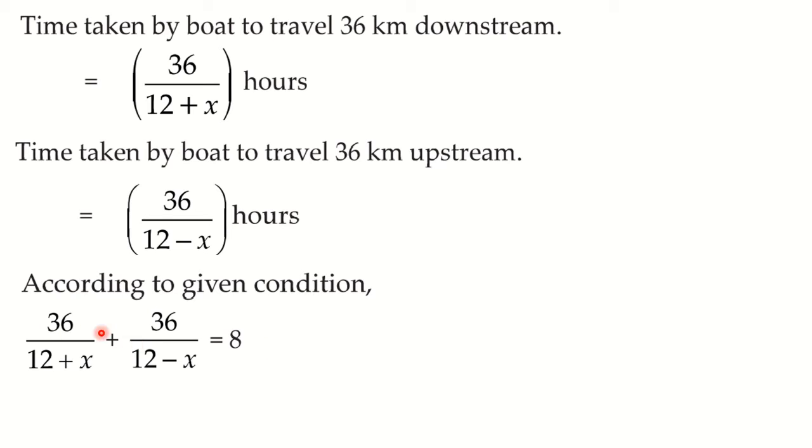Now here what you can observe is that these 36, 36 and 8 we can divide by 4. Okay, we can simplify it. Also here the denominators are different, so we have to go for cross multiplication. So these things we need to do. We have to convert this equation to the standard form of a quadratic equation. Okay, so let us do the changes. Here we can divide by 4 to make it simple, and also we have to go for cross multiplication.